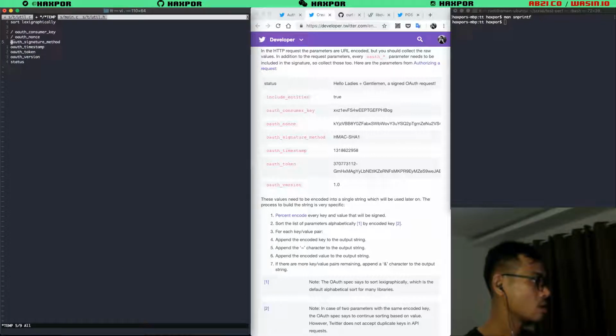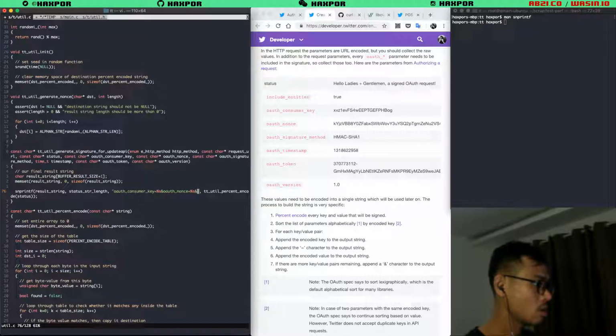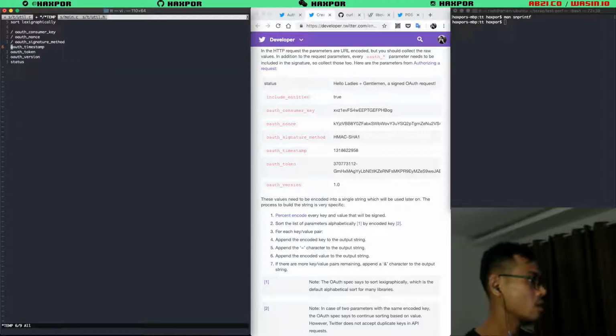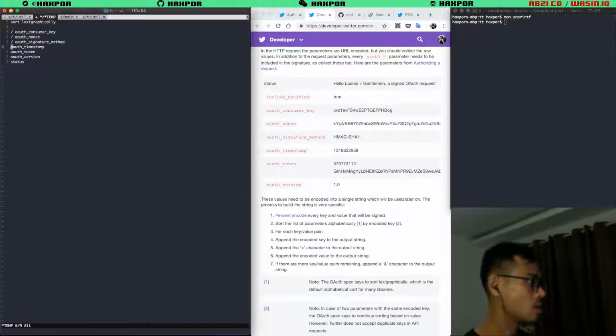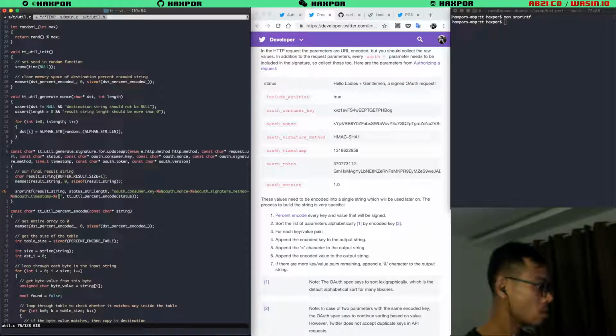OAuth signature method. Right, we can copy here. Our signature method, then OAuth timestamp, the same, and OAuth token, the same.